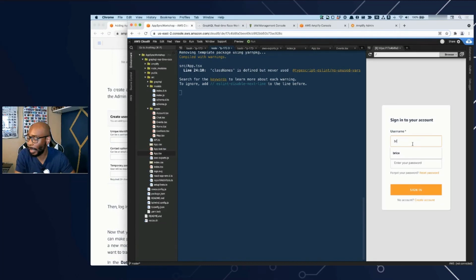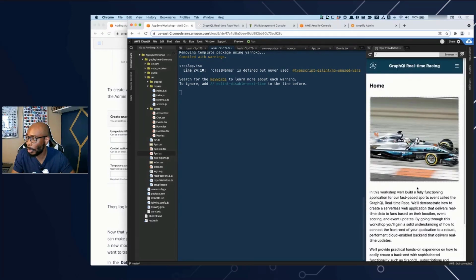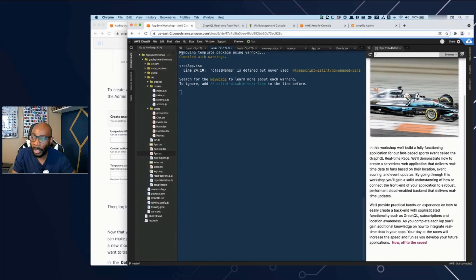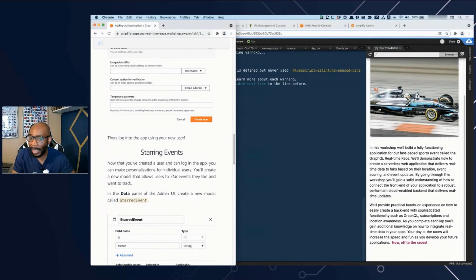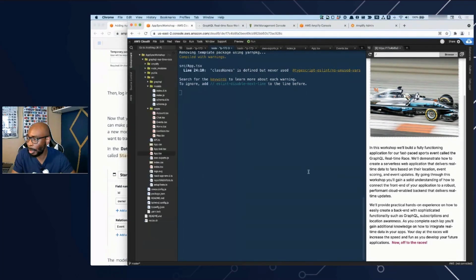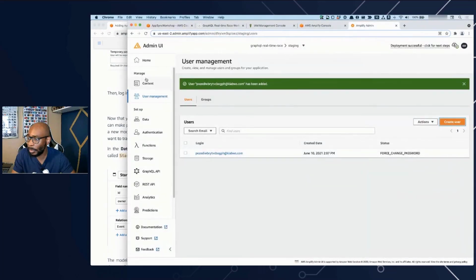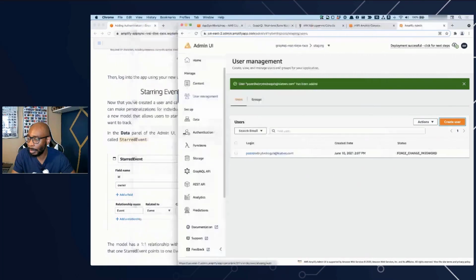Again, I can come back. Hopefully I remember my password. Sign in, skip this. Awesome. Okay, so now we have users. We've added authentication to our app. So the next thing we are going to want to do here is add some user-specific data. So to do that, let me go back to my admin UI, and I'm going to